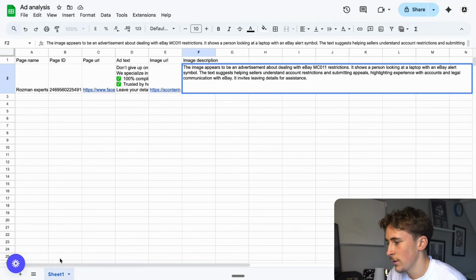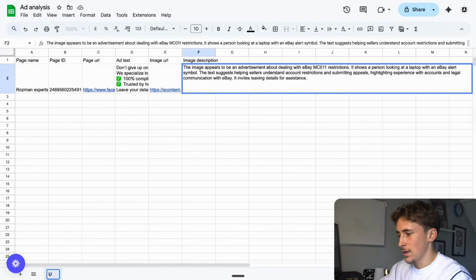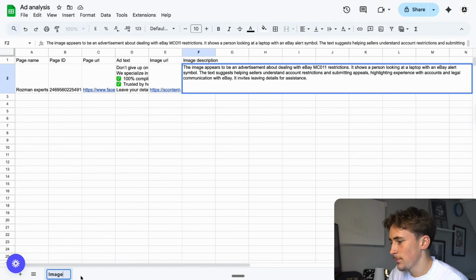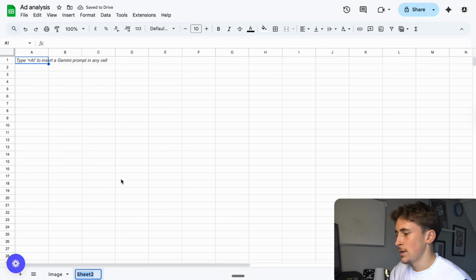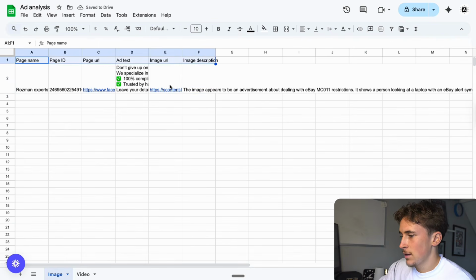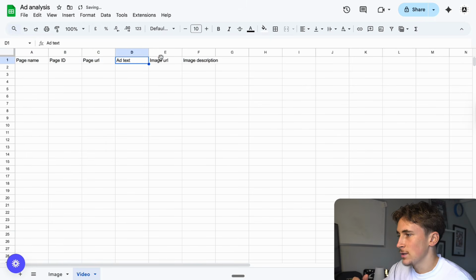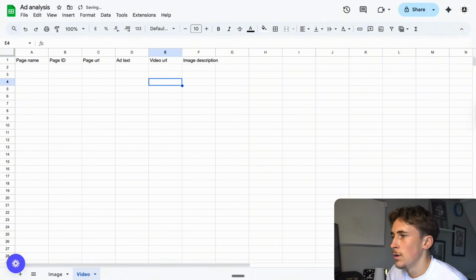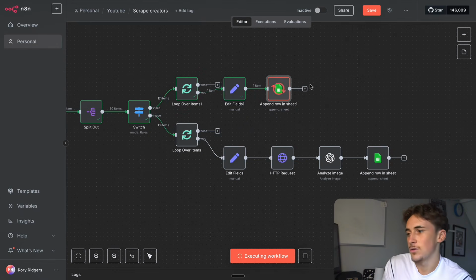And now let's go over here, let's make this the image one. So let's say image. Cool. And then let's add another one, rename, and we'll call this video. And then if we just nick the headers from here, put them into here, and of course change the image URL for video URL. Video. Cool. Come back over, and then now you can see if we simply just execute that, we need to change